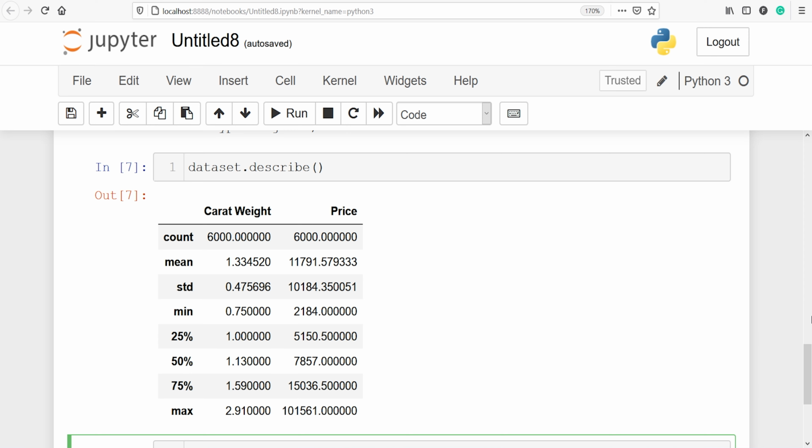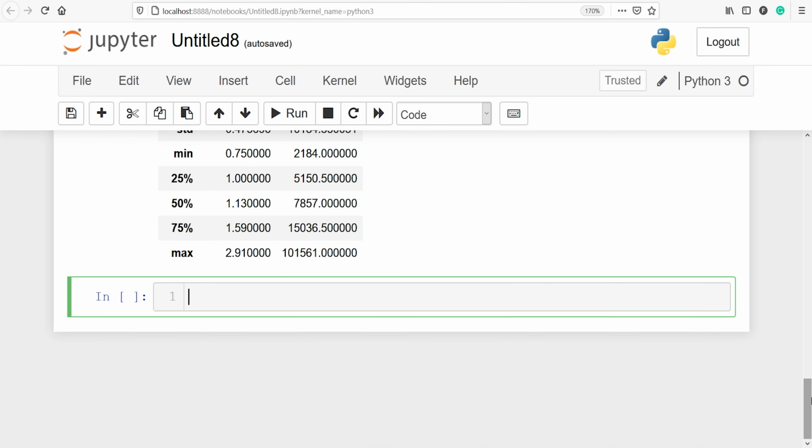Next, we have to split the dataset. Let's split the dataset into train and test. For training, we will use 90% of the data, and for testing, we will use 10% of the data, as per the information given on the PyCaret website. I'll make one variable, data_train. This will contain our training dataset. I will call dataset.sample, and sample is a function which will give us a random sample.